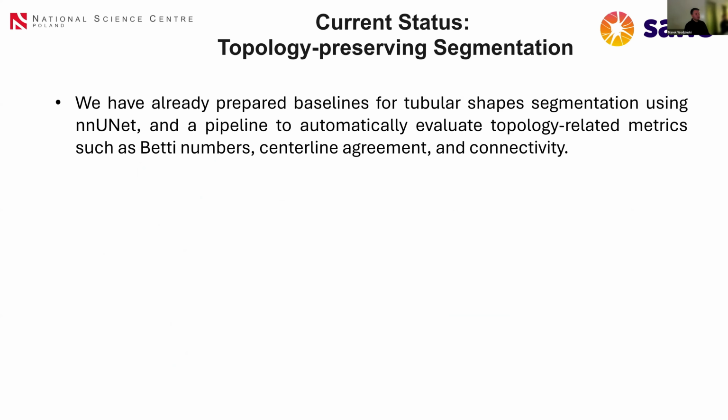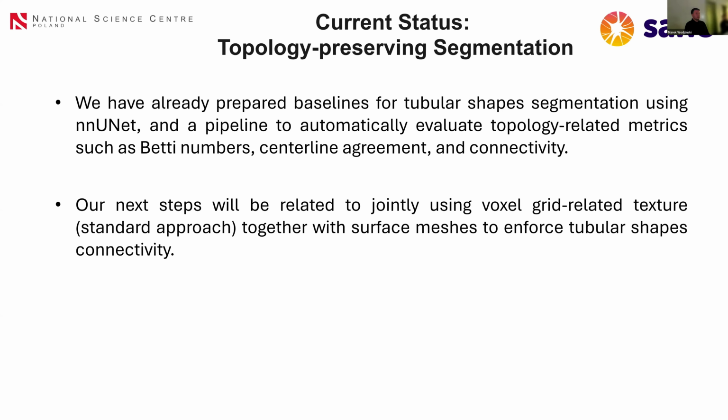And here we have already also prepared the baselines for the tubular shapes segmentations using nnU-Net, and also a pipeline to automatically evaluate the topology-related metrics, such as Betti numbers, centerline agreement, and also the connectivity of the segmentation outputs. And our next step, after having these baselines that are going to serve as the comparison